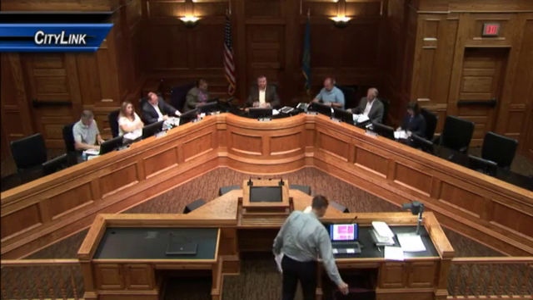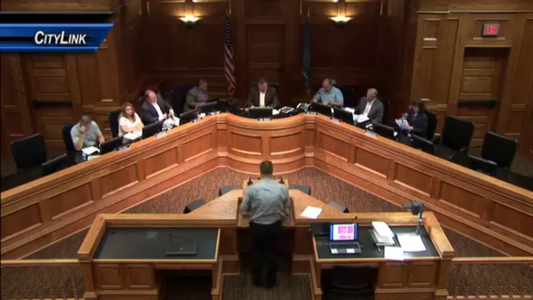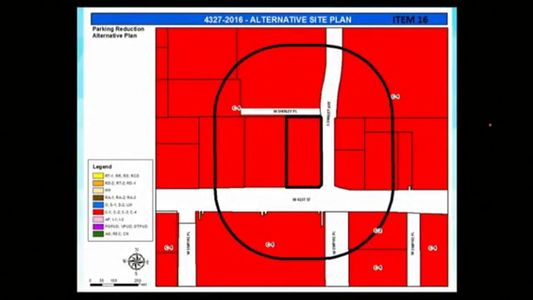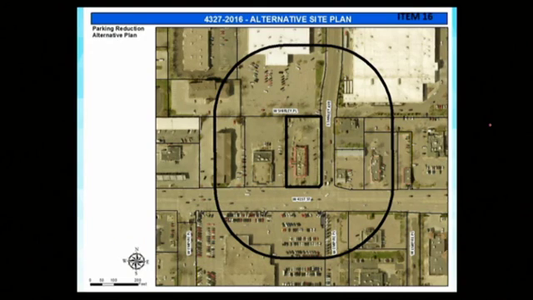Thank you. Item 16, 4327, 2016. Alternative site plan for parking reduction alternative plan located at 4000 West 41st Street. This is located at the existing McDonald's restaurant site. McDonald's does plan to raze this existing 5,600 square foot restaurant with drive-through and construct a brand new 5,300 square foot restaurant with a drive-through McDonald's. The applicant does indicate that less parking is needed than required by the ordinance because essentially 70% of all their business is actually handled through the drive-through or customers heading through the drive-through instead of going inside.